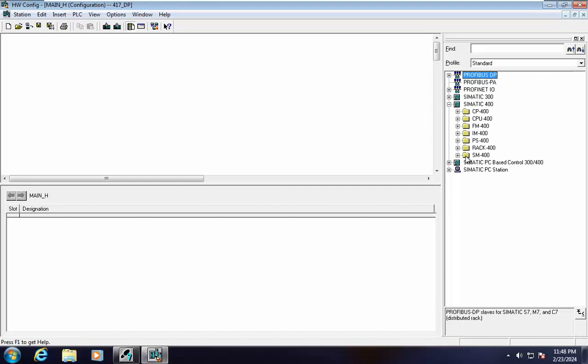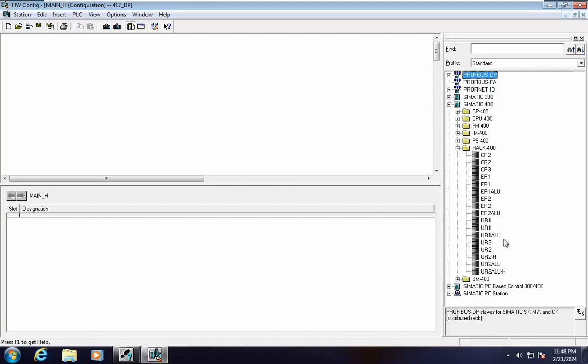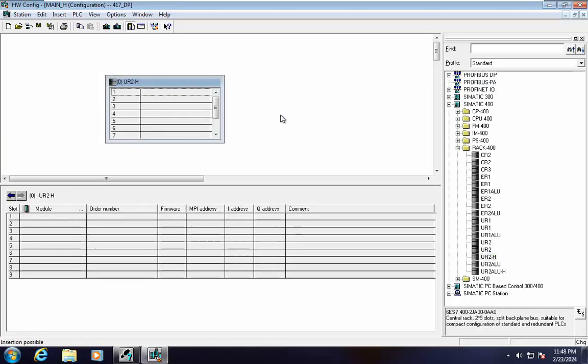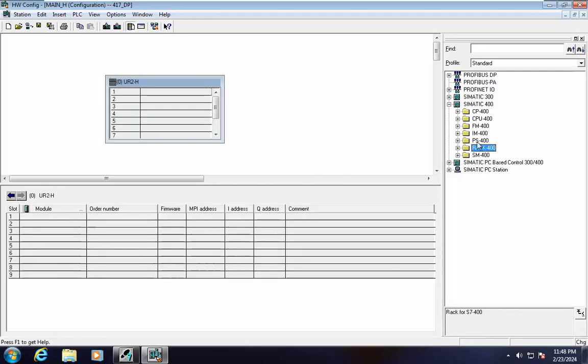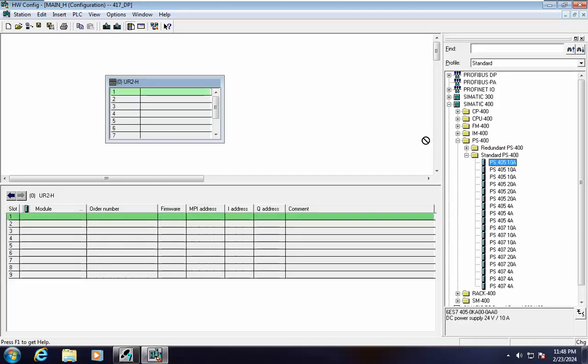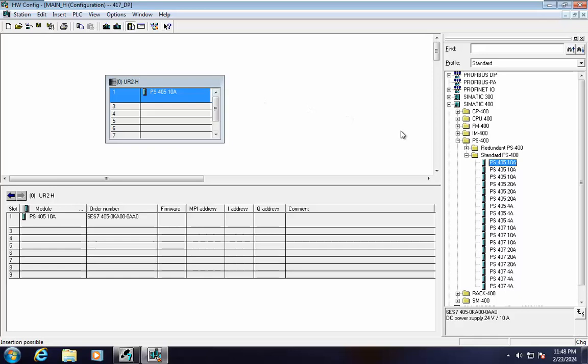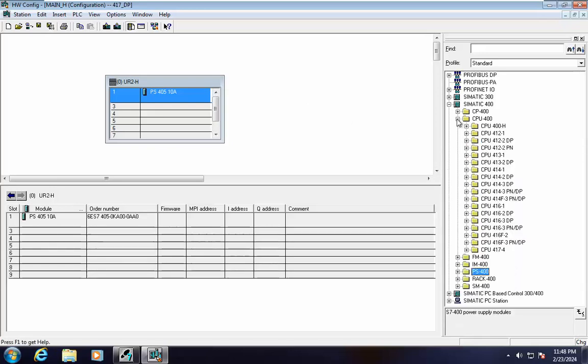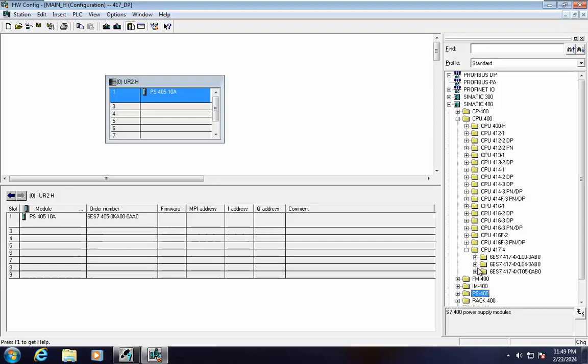So I don't think it's possible to do the master and a slave, but I guess it's possible to do an FDL connection, and it's more practical. I have seen it in practice. Let me show you how it's possible to do such an FDL connection. So we have this H CPU,